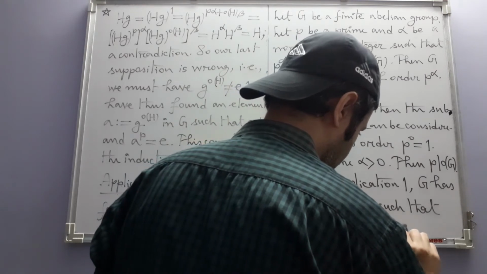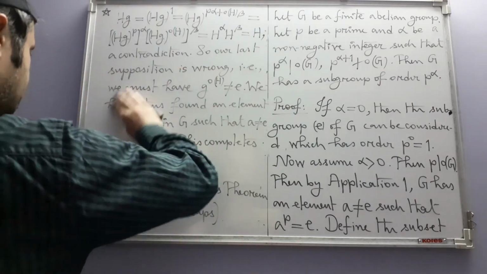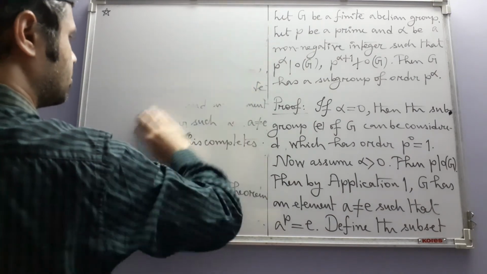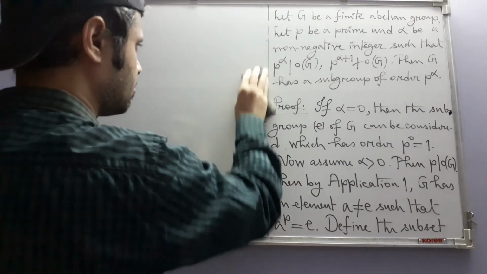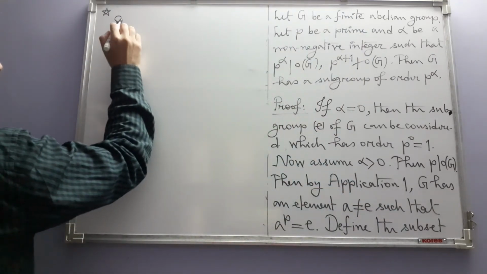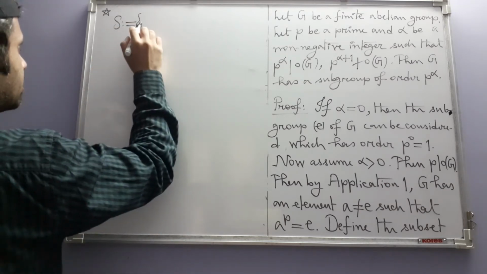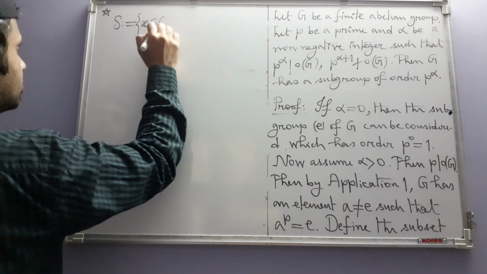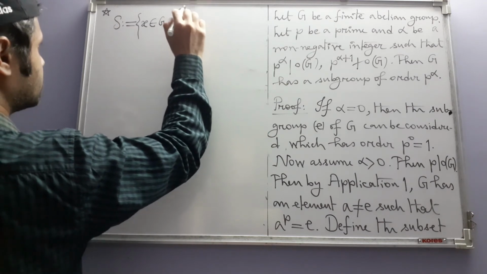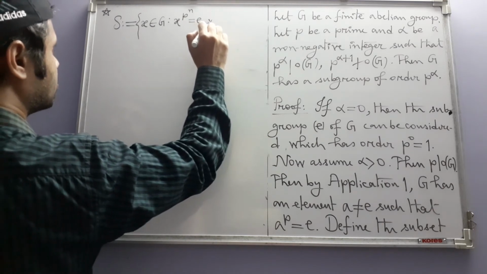Define the subset S. Okay, let us denote the subset by S. It is the set of those elements in G for which x to the power p to the power n is equal to identity, where